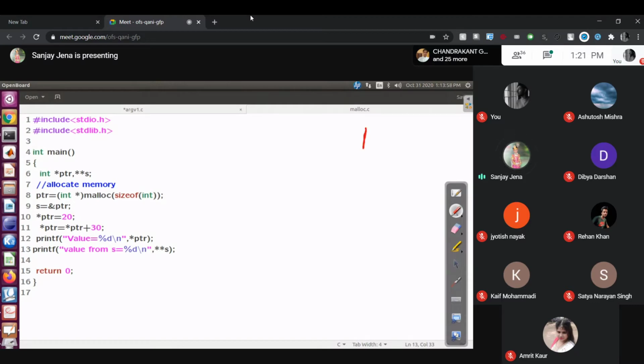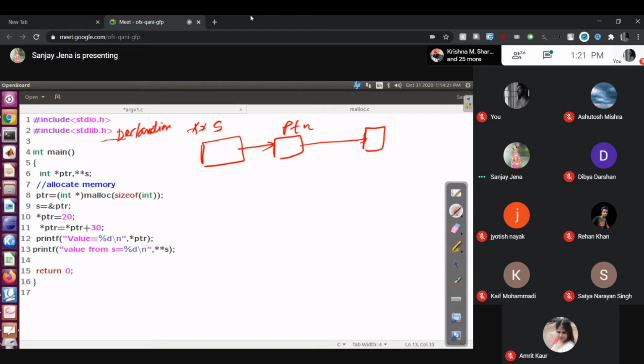Now ready. Block allocated. Pointer. This is a double pointer. Right? Now this is the declaration. The above one is the declaration. Right? We require the value. To get the value here, which is 50, you stored 50. Right? You are writing double star S. Am I correct? Yes, sir.